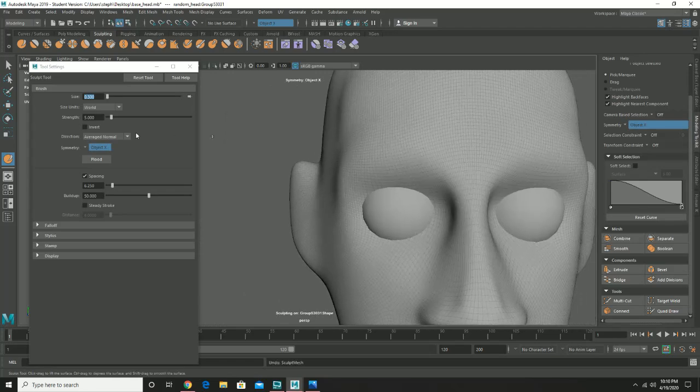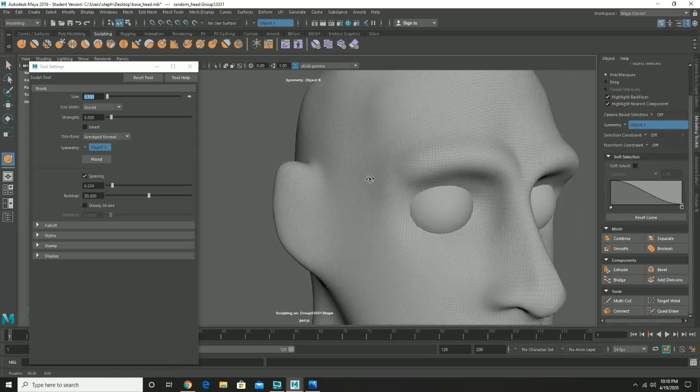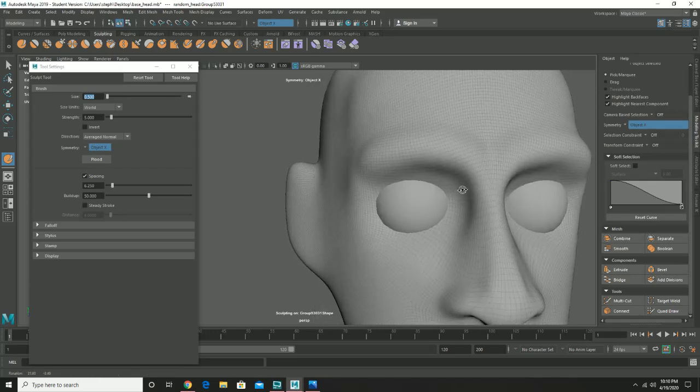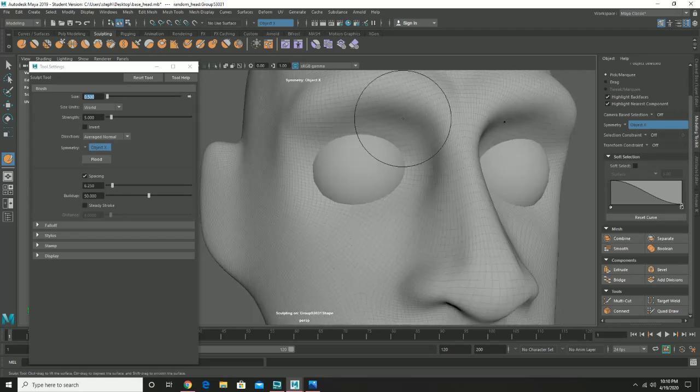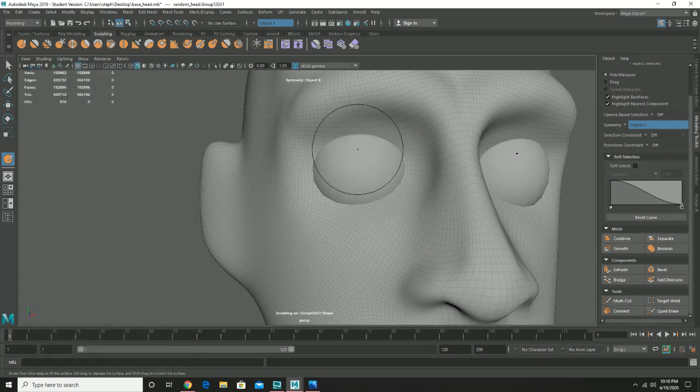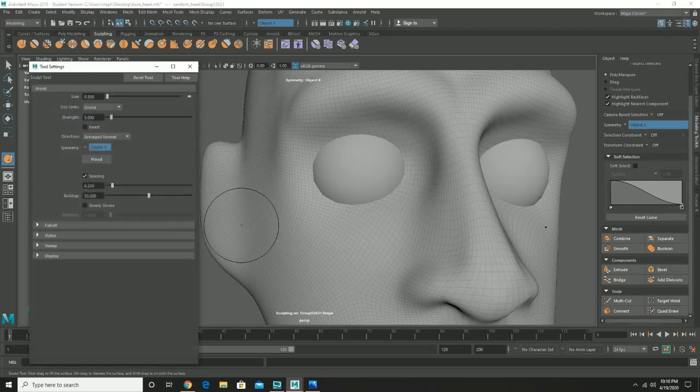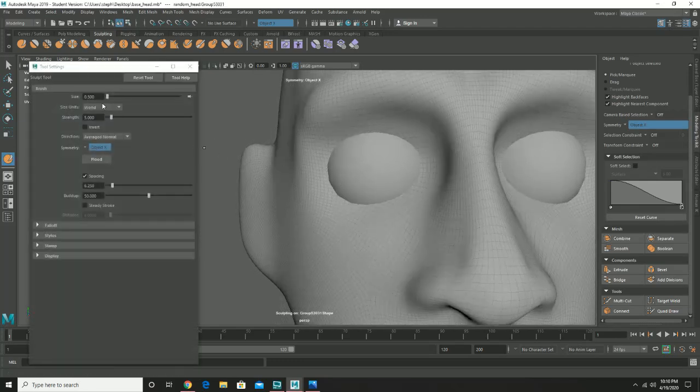I'm just going to continue to fix up a couple other areas, but I don't want to take too much time in showing how to do this. I just want to make sure I can give you the basics on how to approach certain spots, since they can be a little bit tricky. Specifically, the eyes can be a bit rough, which is one of the reasons why it's a good idea to have the eyes as separate elements, because let me show you something. If I was to, well, preferably not just do what I just did,